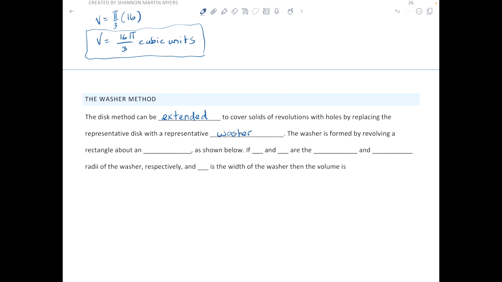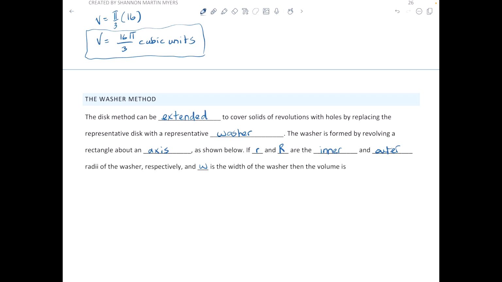The washer is formed by revolving a rectangle about an axis, and we'll show it below. If little r and big R are the inner and outer radii of the washer, respectively, and W is the width of the washer,